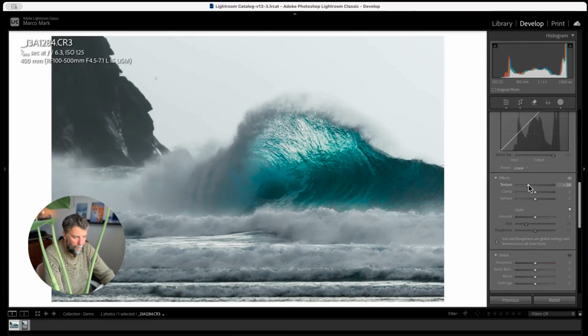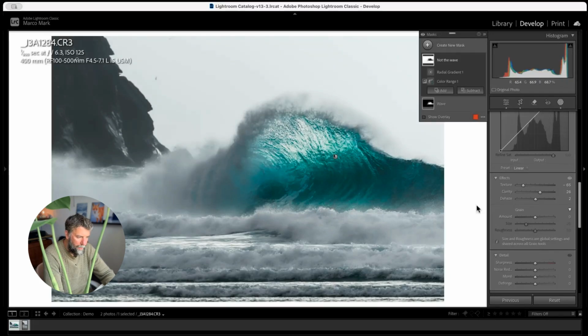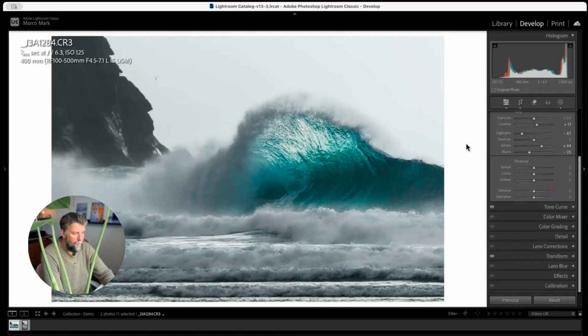So we're dropping that down quite a bit, and then maybe just up the clarity slightly to maintain detail. Just play around with these a little bit to fine tune. I prefer my images not to look completely sharp everywhere, adding some softness and contrast through texture. And there we have it, before and after.